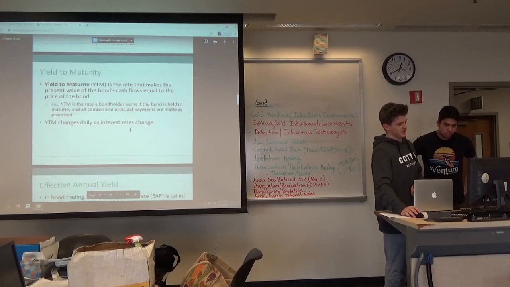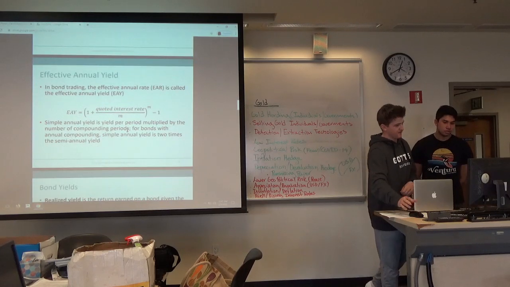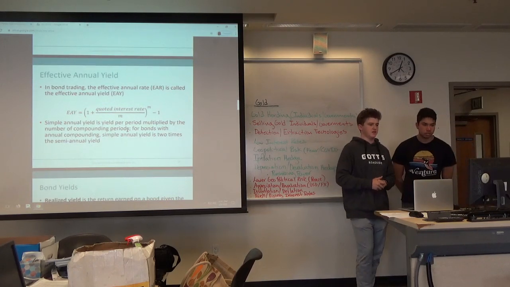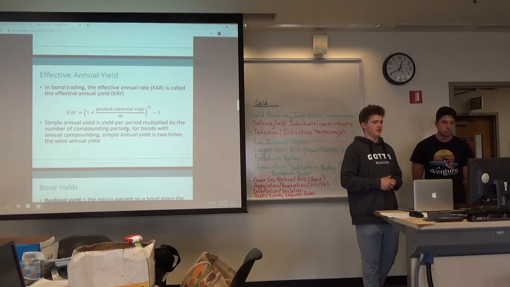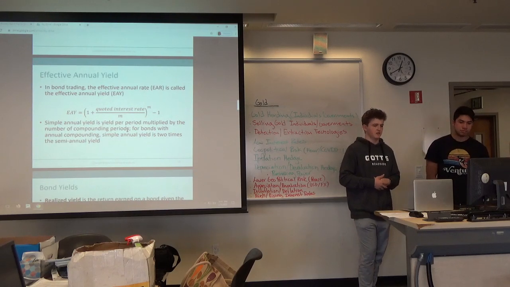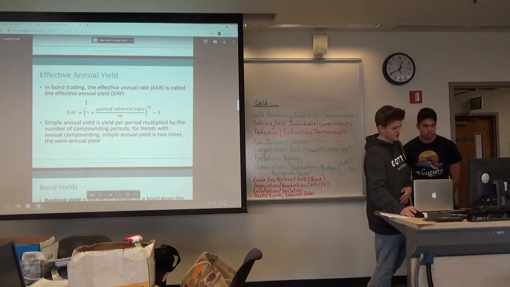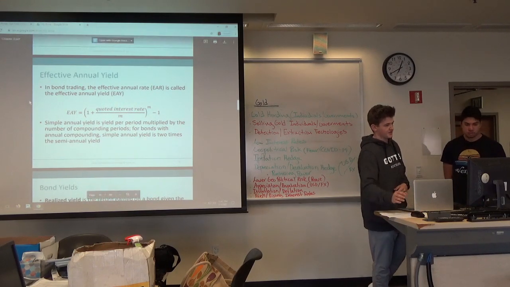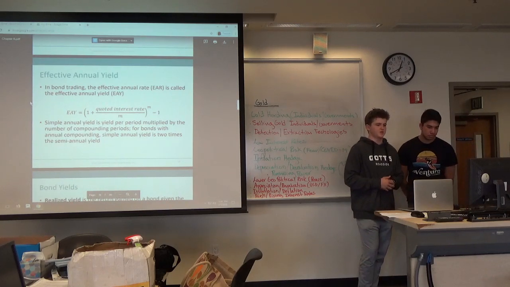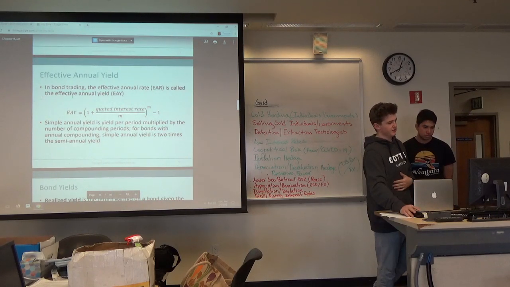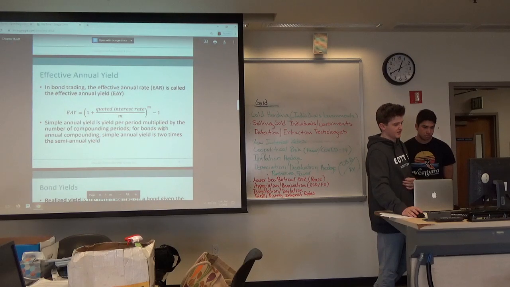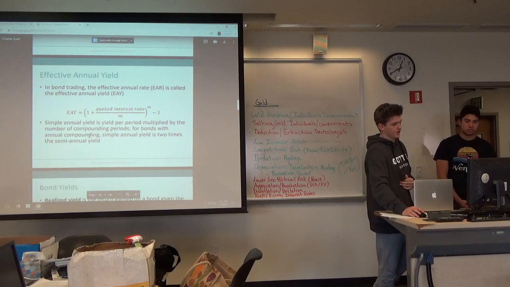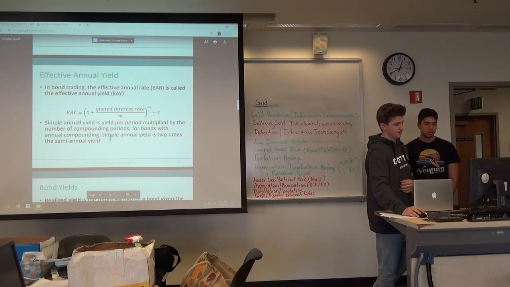And YTM changes daily as interest rates change. The effective annual yield, or in bond trading, the effective annual rate, the EAR, is called the effective annual yield, EAY. And then here's the equation to get EAY: 1 plus the quoted interest rate over M to the M power minus 1. And the simple annual yield is yield per period multiplied by the number of compounding periods. And then if it's annual compounding, and then if it's